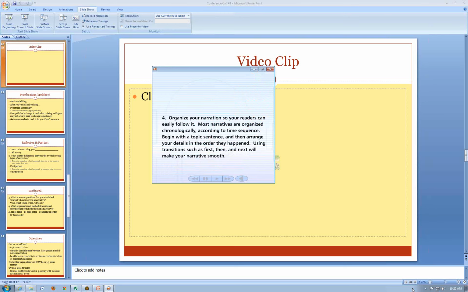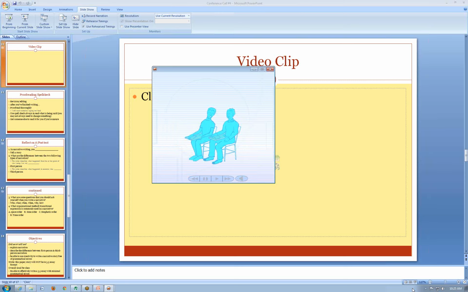4. Organize your narration so your readers can easily follow it. Most narratives are organized chronologically, according to time sequence. Begin with a topic sentence and then arrange your details in the order they happened. Using transitions such as first, then, and next will make your narrative smooth.